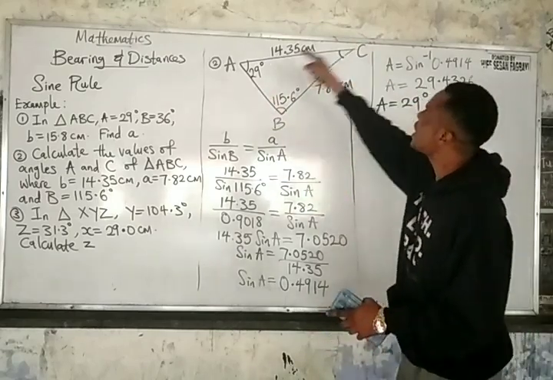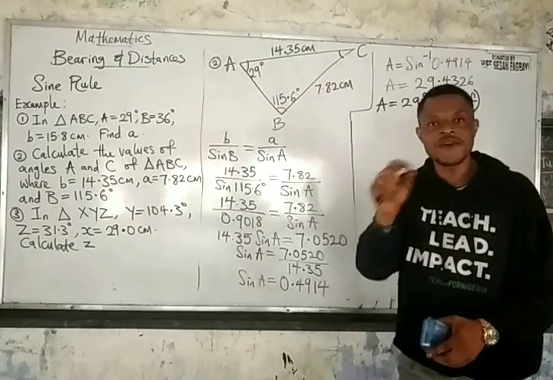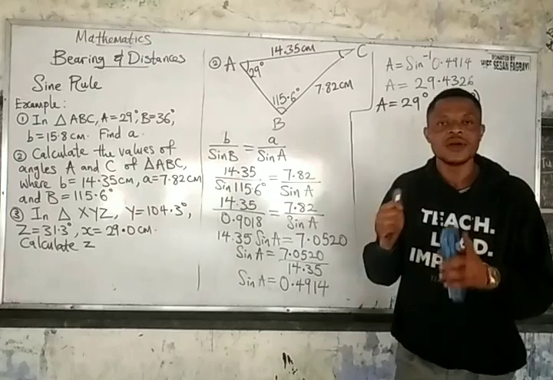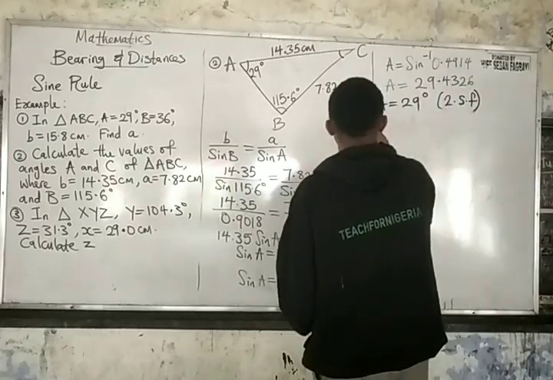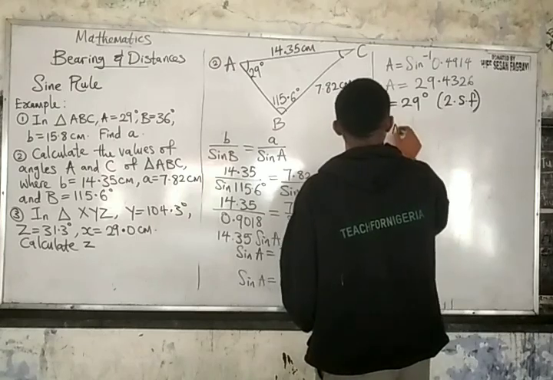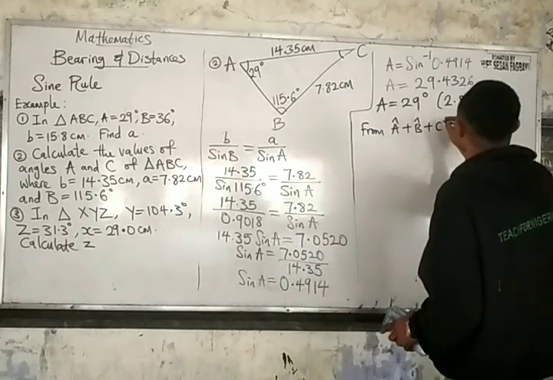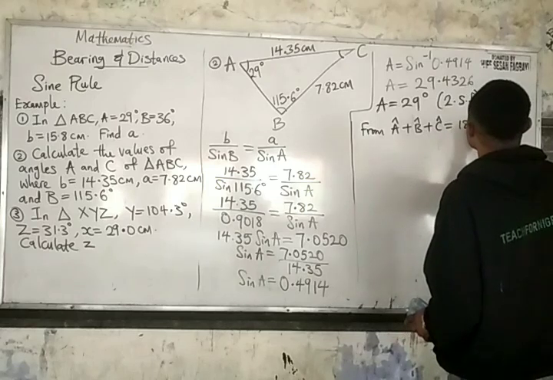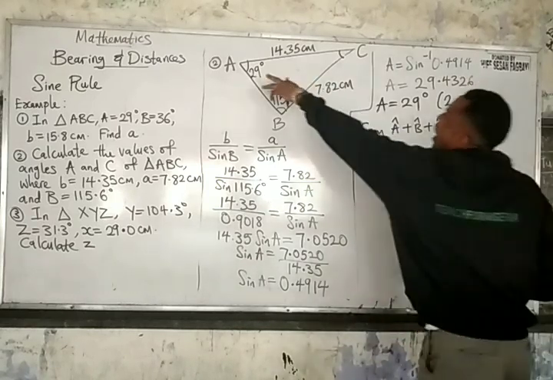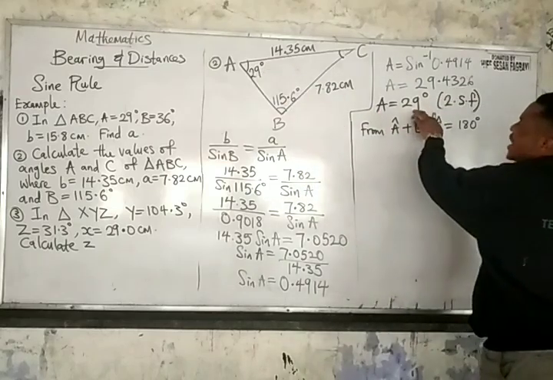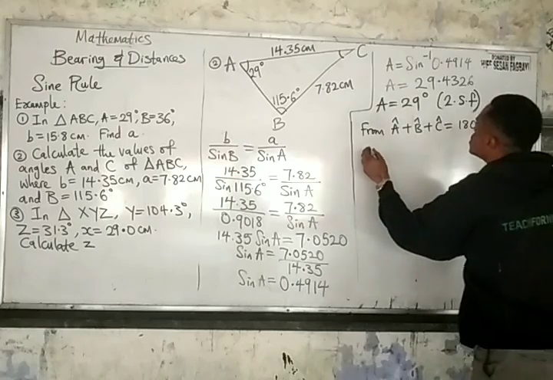So what we shall use here is the idea that the sum of angles in a triangle is 180 degrees. That means angle A plus angle B plus angle C gives us 180 degrees. This implies that our angle A, of course, is not 29. This is an approximated value. I will use the exact value, which is